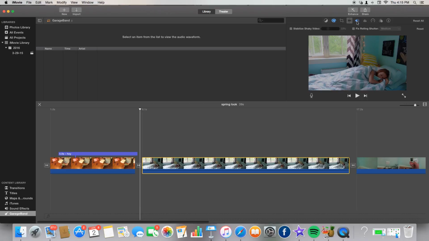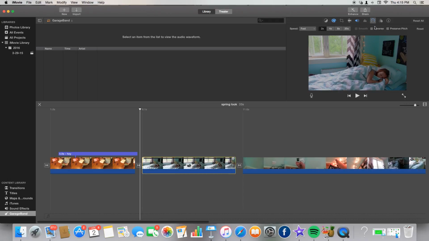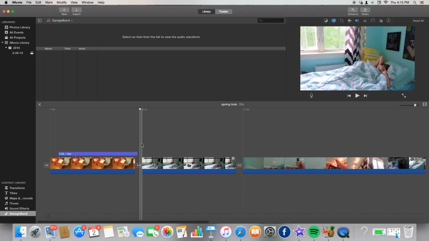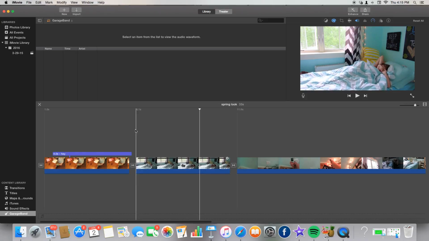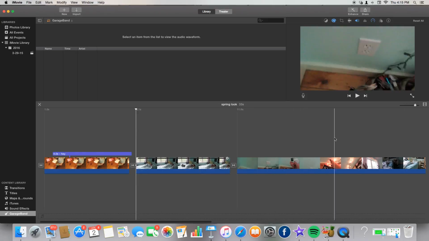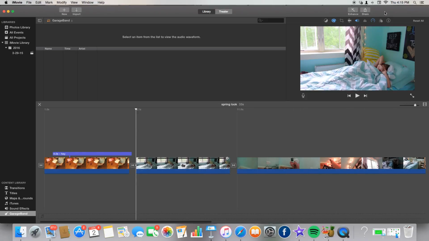Sorry, my dog's moaning. And then you can control the sound effects and stuff. And then here you have the background noise. I don't ever use this. And then you have your fast and normal stuff. So if you want it to go fast, you can make it as fast, or you can reverse it, which looks kind of cool. Which you can't really tell with this. But if you are pouring something in a dish or something, that looks kind of cool,